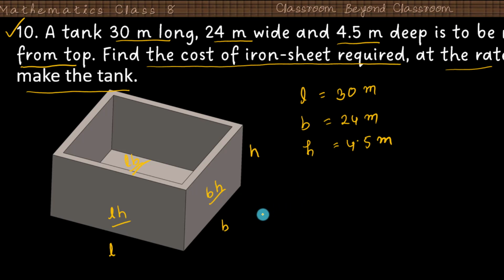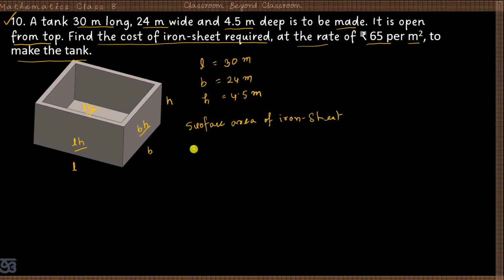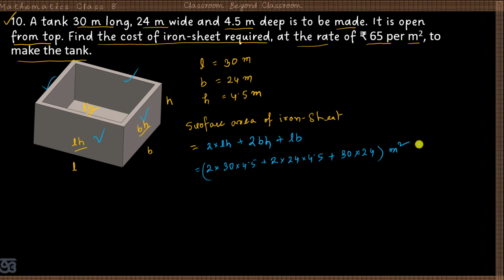So first we have to find out the surface area required. That means the surface area of the iron sheet is equal to 2 times LH, these two surfaces, plus 2 times BH, these two surfaces, plus the bottom surface, that is equal to LB. So this is equal to 2 multiplied by L is 30 multiplied by H is 4.5, plus 2 multiplied by B is 24 multiplied by H is 4.5, plus LB, that is 30 multiplied by 24, and the unit is meter square, and this is equal to